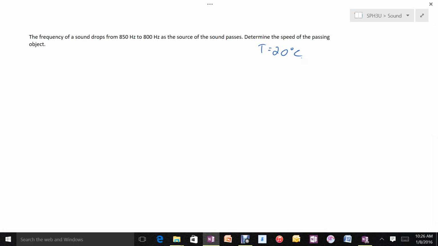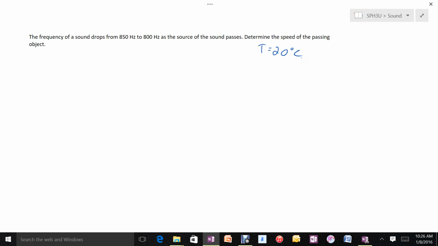So what's happening here is we're imagining an object traveling past us, and we can measure its frequency as it's coming towards us and its frequency as it leaves. What's challenging about this problem is that we don't know what the original frequency of this object is or what the velocity of the object is. So we don't have a couple pieces of information about the object that we usually have. What we're going to have to do then is come up with the equation for towards and away and use both of them at the same time to try and figure out how fast this